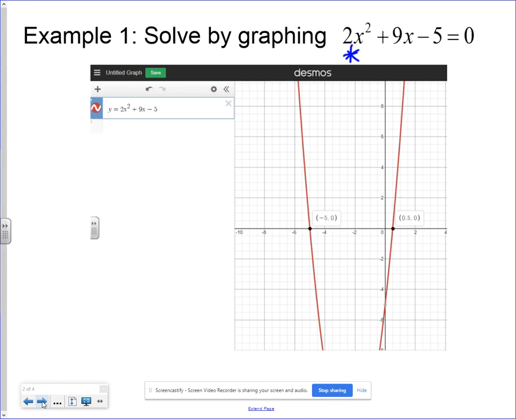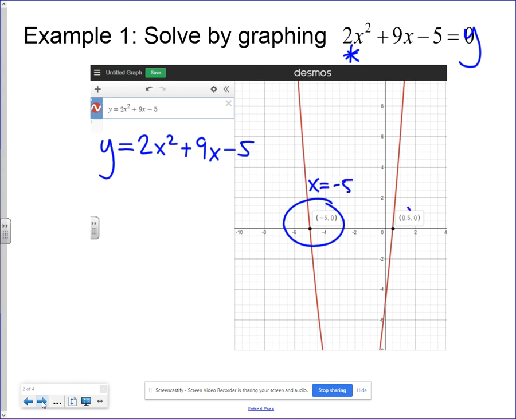So now what I'm going to do is replace the 0 with the variable y. So I'm going to rewrite this equation as y equals 2x squared plus 9x minus 5. And then I'm going to go to Desmos and graph it. Where does it cross the x-axis? It crosses at x equals -5 and x equals 1/2. So these are the solutions. We're done. The answers, the roots, the zeros are x equals -5 and